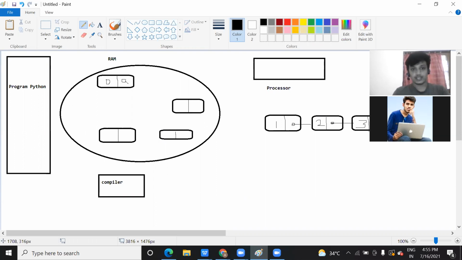Now let's take an example. You have written some program in Python, and it will have data like this. Here suppose two, here suppose four, and here suppose three. Now when you run the program, your program will be compiled by the compiler.